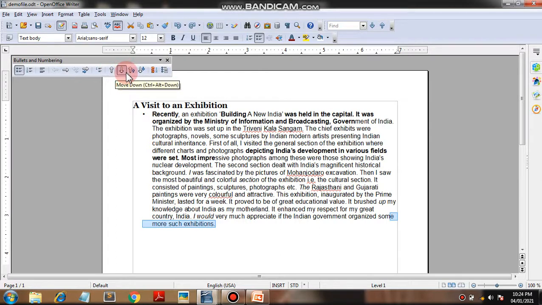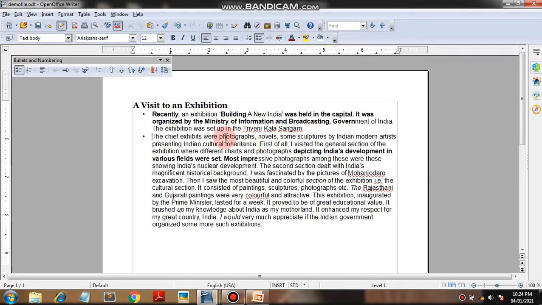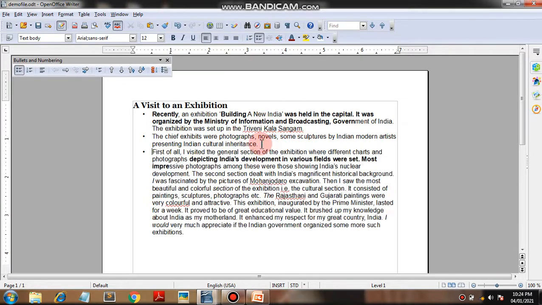Then move up, move down. Suppose I copy the sentence here. First of all, see, the second bullet appears here. Now see, when I click on demote one level, then the sub menu of this icon is selected. This is the main menu and this is the sub menu of that sentence.